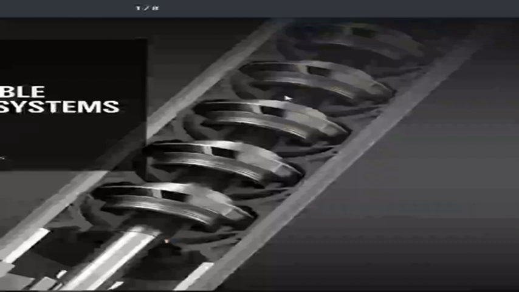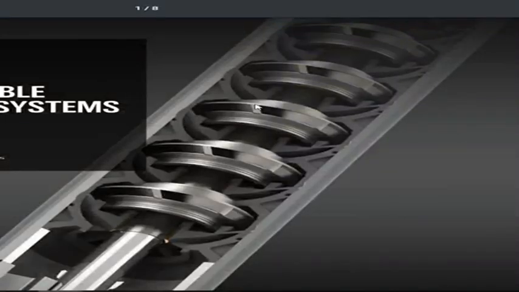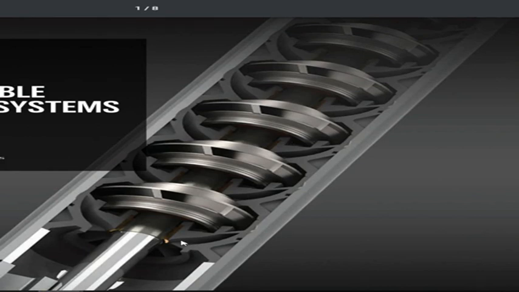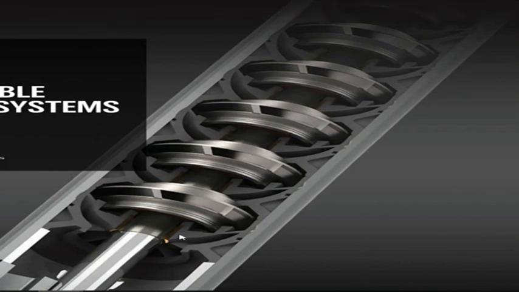This is the picture which shows the main part of our ESP, that is the stage or stages of the ESP. So what is the stage? When we put our rotor inside the diffuser, that is called one stage. What is the diffuser? We can talk about it later. But when we install our rotor inside the diffuser, that is one stage. So this is one stage here,